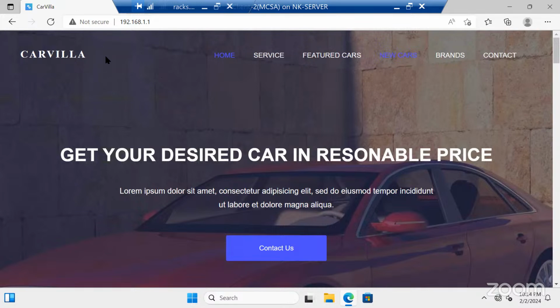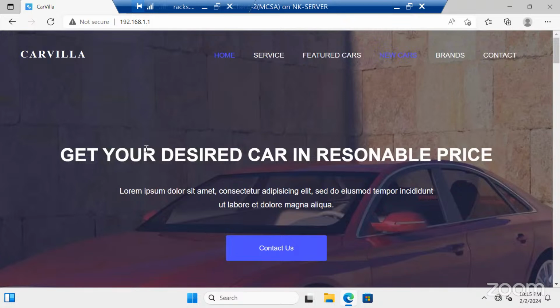Let's say this website is configured on one server, right? And there are a number of users who are accessing my website. At a certain point, my server will stop responding to the queries of the clients. So my users will not be able to access the website. Then in that case, I have to configure the load balancing so that if any of the servers is getting overloaded, then the request will be sent to the second server, and then the second server will start responding to my clients.